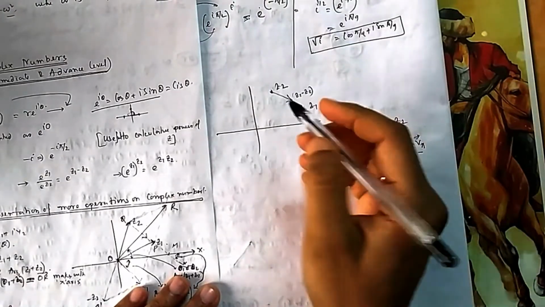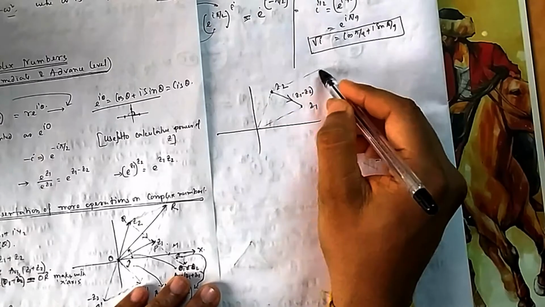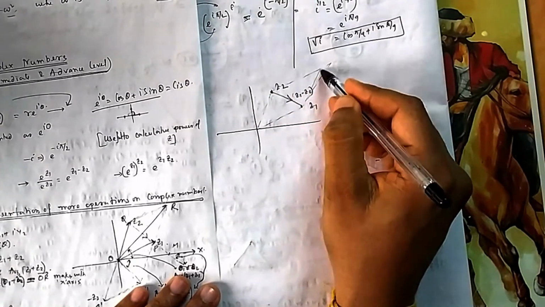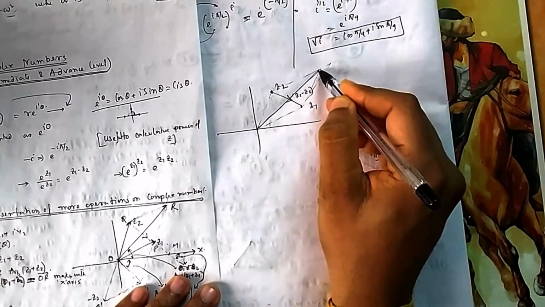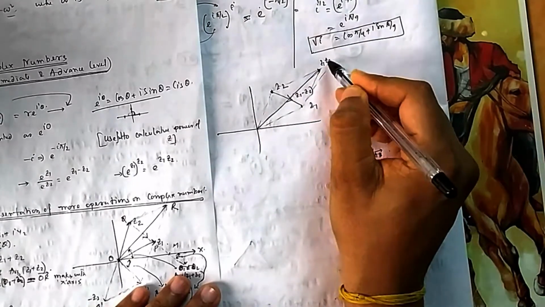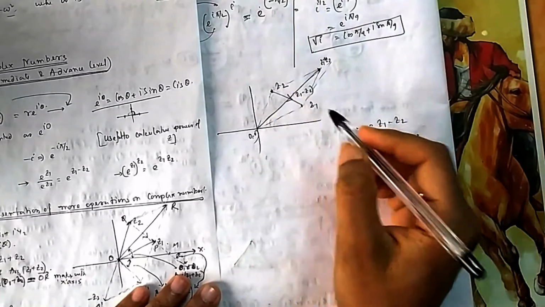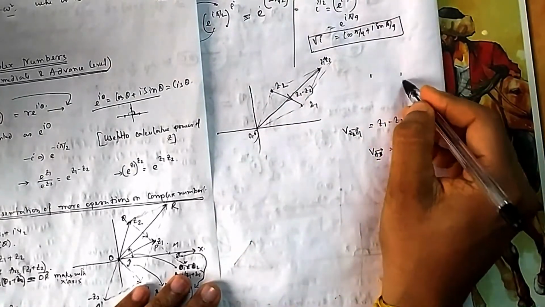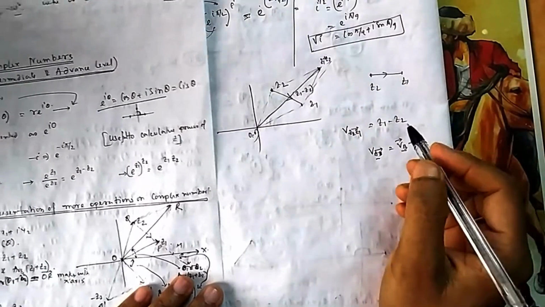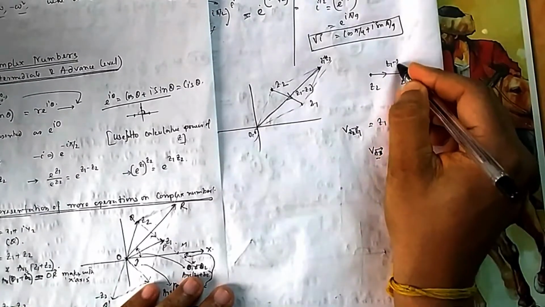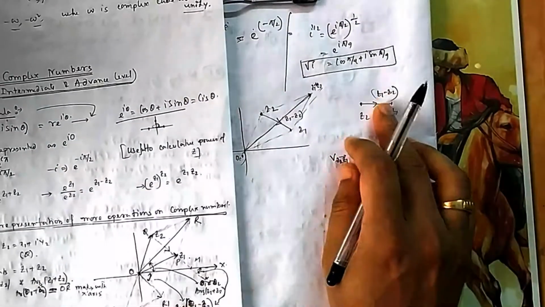But for getting z1 plus z2, you need the origin. Where is your origin? Because you need to draw the parallelogram. Then this is your z1 plus z2. So summation you cannot directly write without knowing where your origin is, but subtraction you can easily do. Suppose these are two points, z1 and z2, so z1 minus z2 is easy. This line is z1 minus z2. So you have to be careful and clear with this one, because we will be using it.